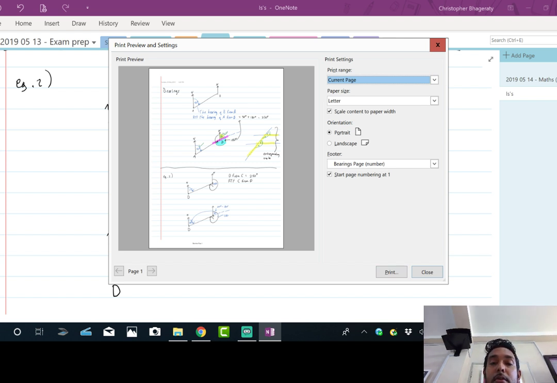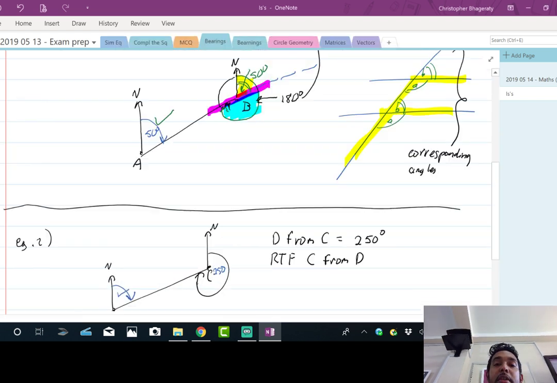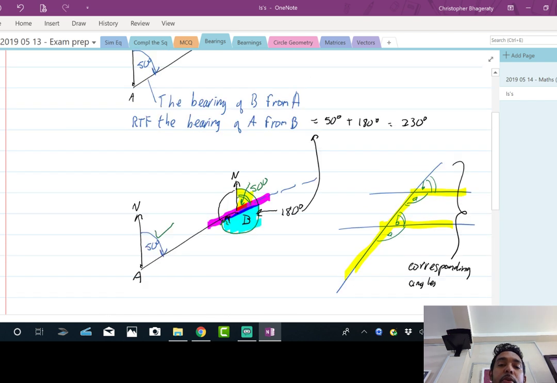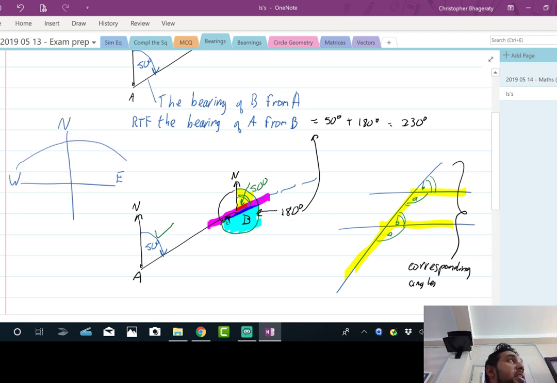Again, what was the difference? In this particular case, it started off that this was your initial starting point. And so basically, if you consider your north, south, east, west, we initially had something from west to east, the bearing of a point east from a point west. In this second example, we reversed it. So in this second example, we started off with a point in the east, going to a point in the west, and now you wanted to reverse the bearing.